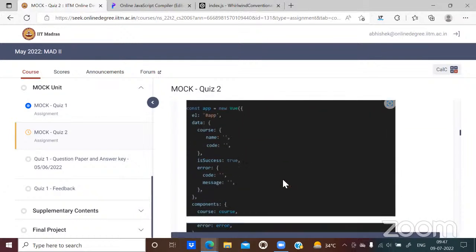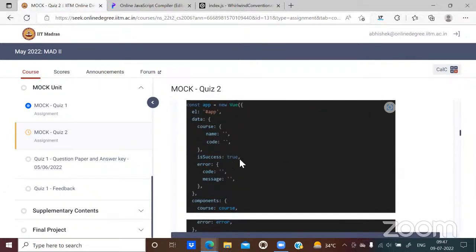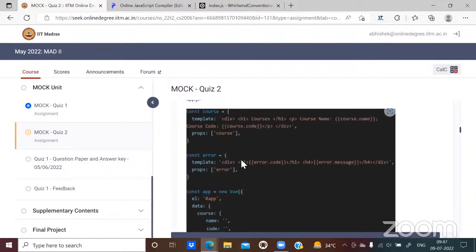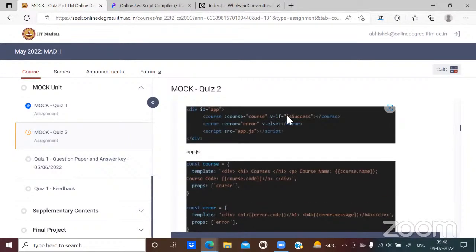So we have just seen that isSuccess has been changed to false inside that catch definition. So this if condition will become false, and that means the course component is not going to be rendered. If this is not going to be rendered, we are not worrying about what this course prop is, but we have to worry about what this error component is and what prop we are passing in here. So since the if condition has evaluated to false, this would be executed. Now here as a prop, error is a prop, and what we are passing to this prop is the value of error.